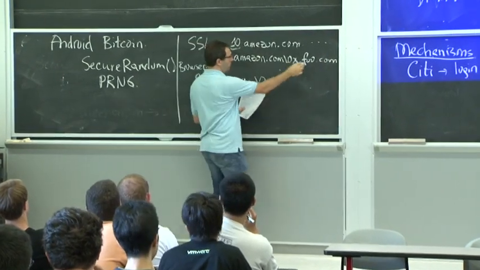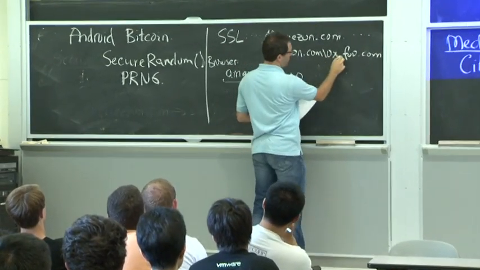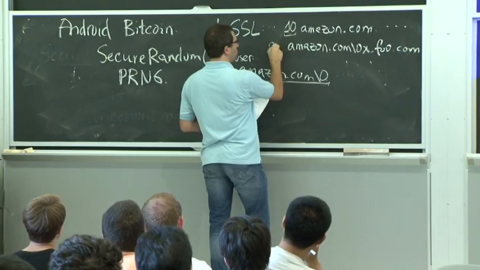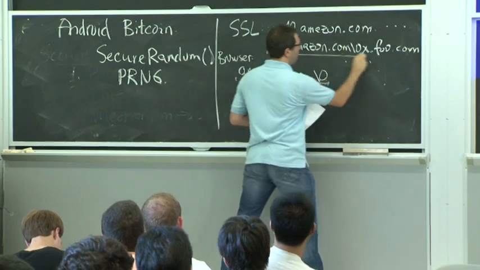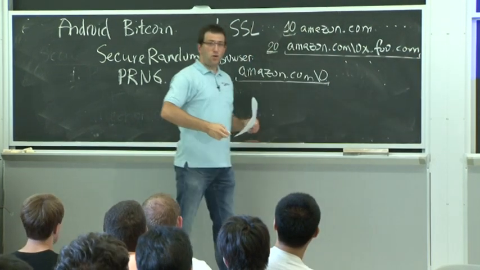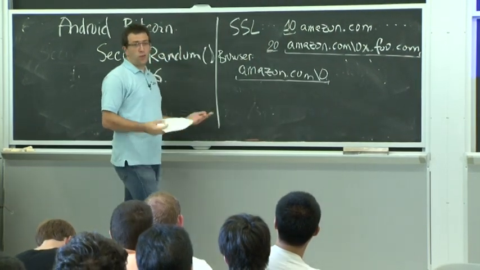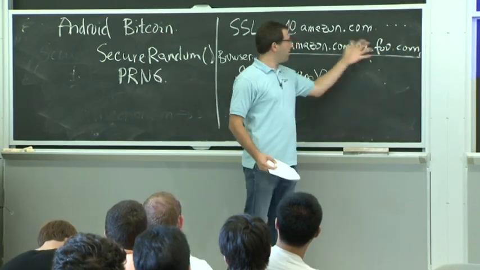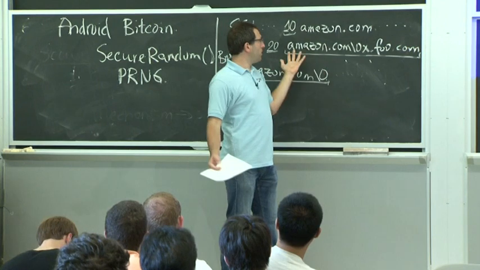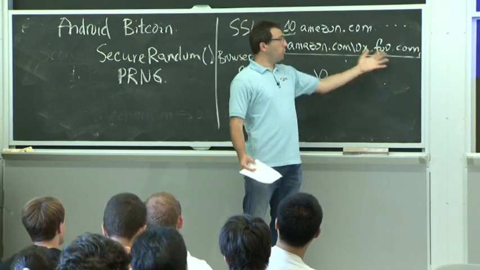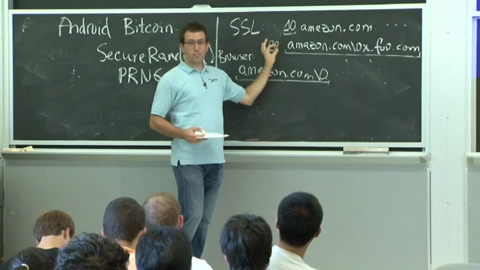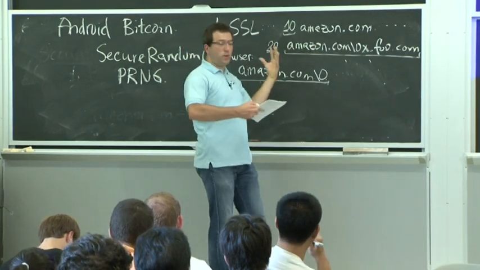It has a bunch of bytes. I guess it's 10, 11, 12, 13, 14, 15, 16, there's another 4, 20. So this is a 20-byte name with these 20 bytes. It used to be that if you go to a certificate authority, in many cases, you could say, hey, I own foo.com. Give me a certificate for this thing. And they'd be perfectly willing to do it because it's a subdomain of foo.com. It's all yours.